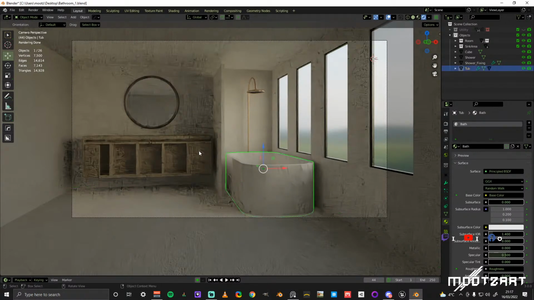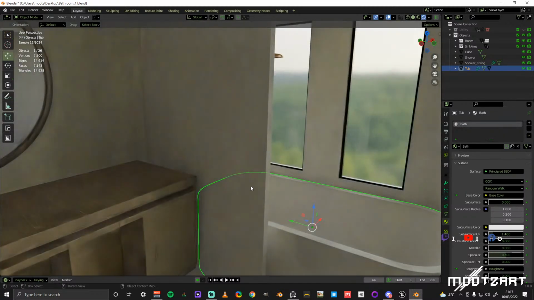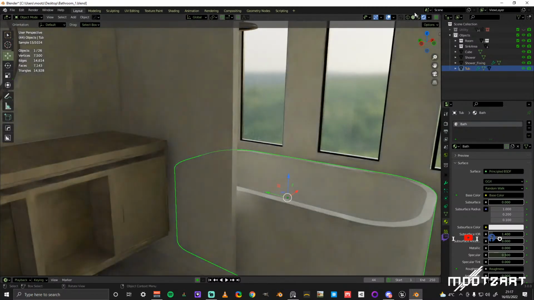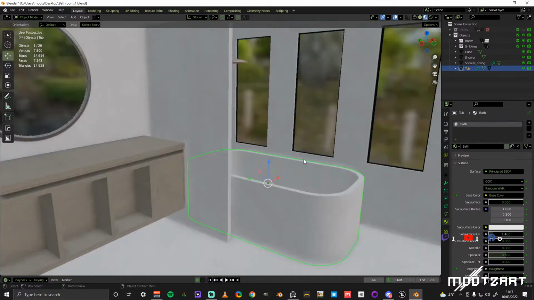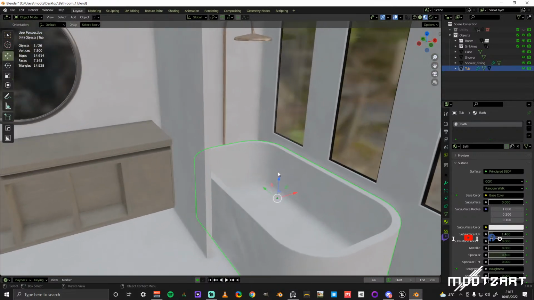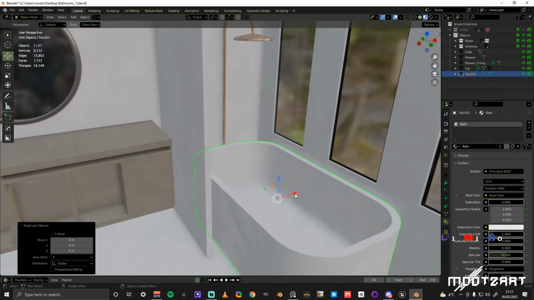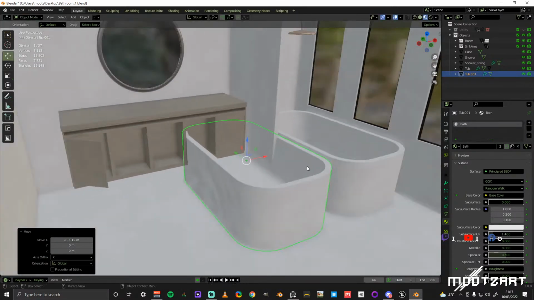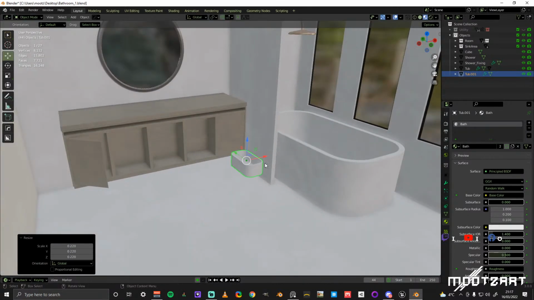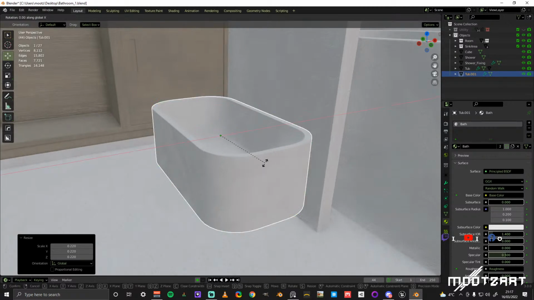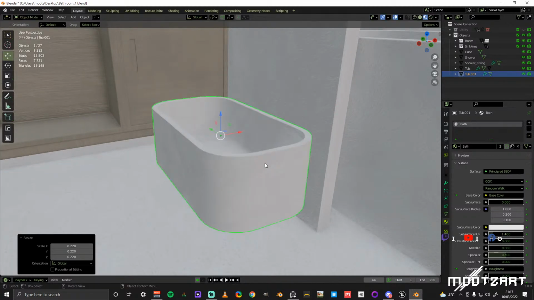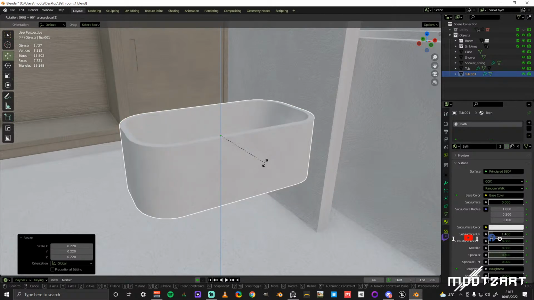I quite like the idea of the bath and the sink matching, so I might just cheat and go into preview mode, and I'm going to just copy it, scale it right down, rotate it by Z90,